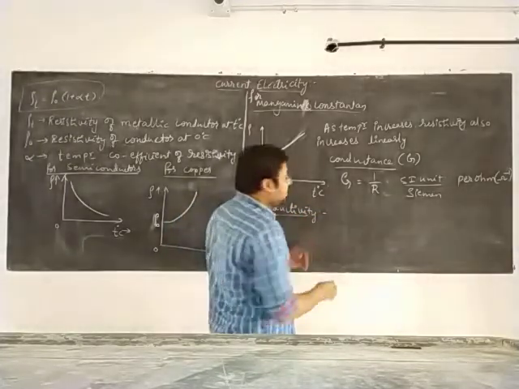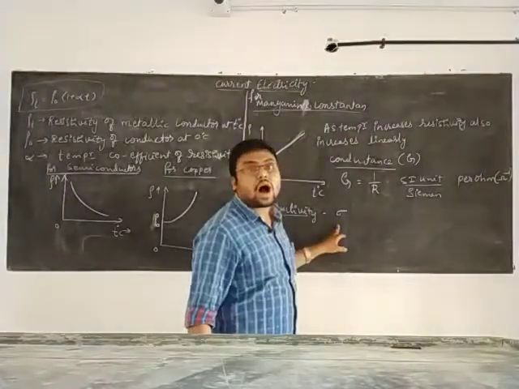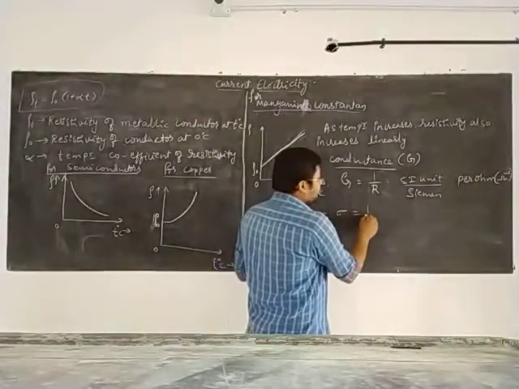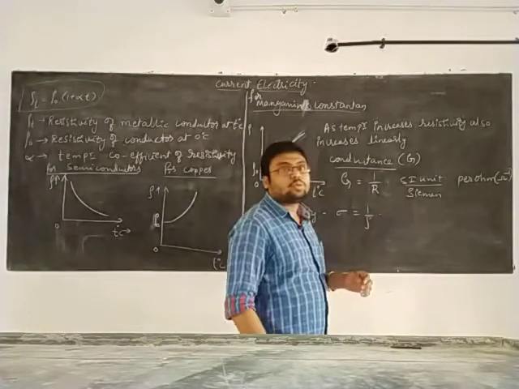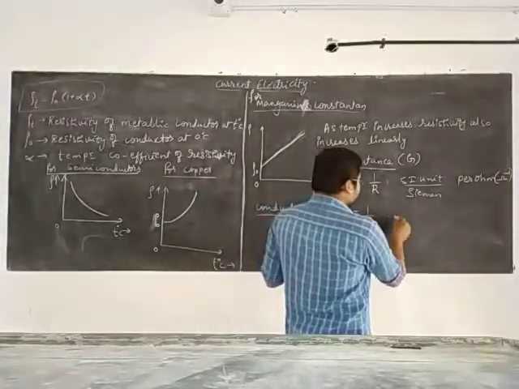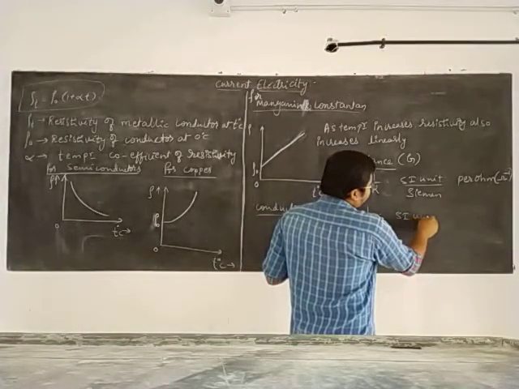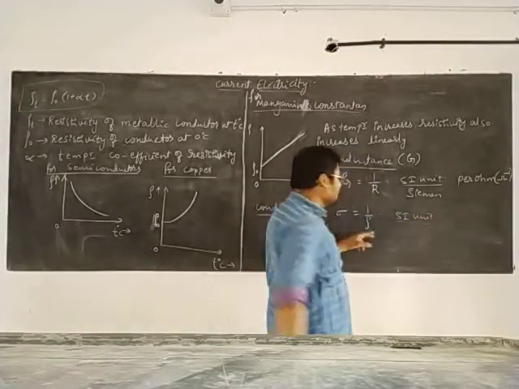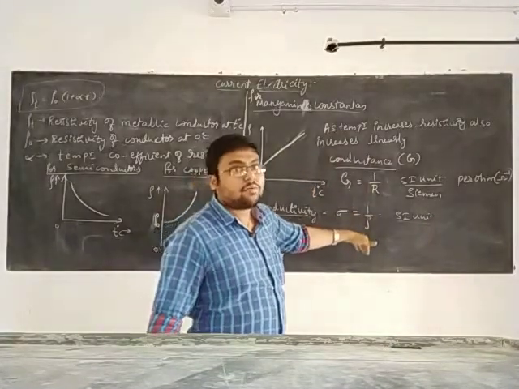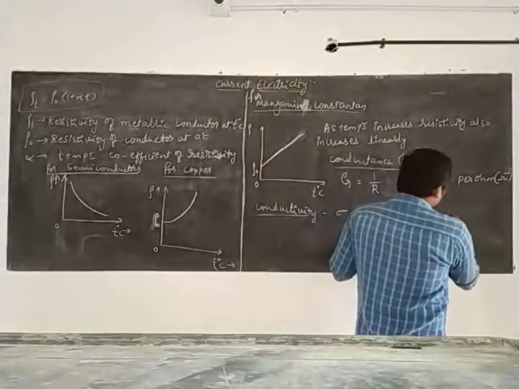Conductivity will be represented with the help of sigma. Conductivity is the reciprocal of resistivity, that is 1 by rho. Then what is the SI unit of conductivity? The SI unit of resistivity is ohm meter. It is in the denominator, so that's why per ohm